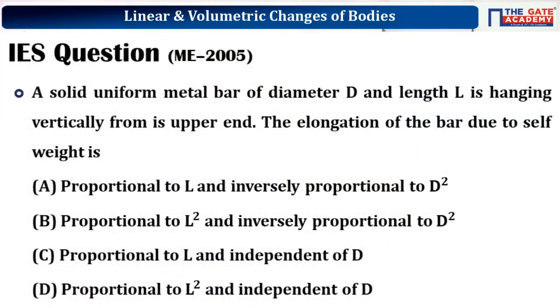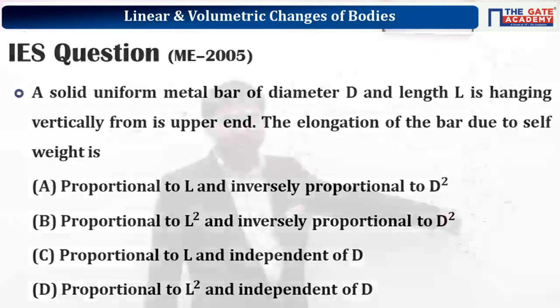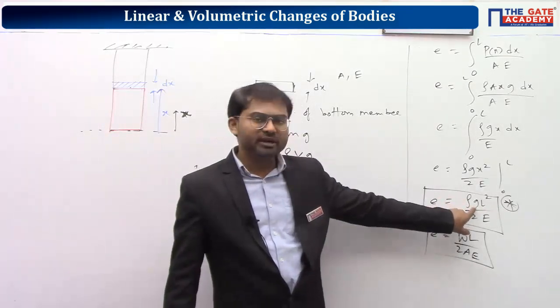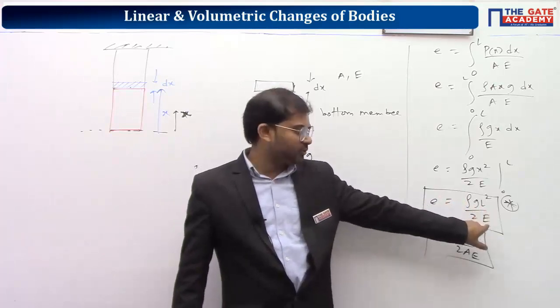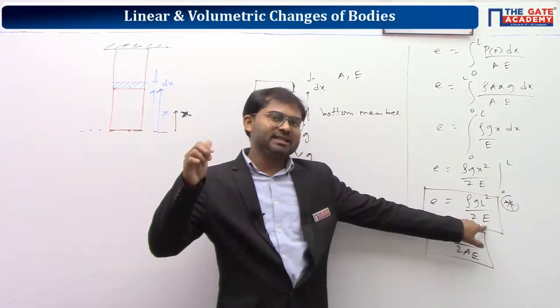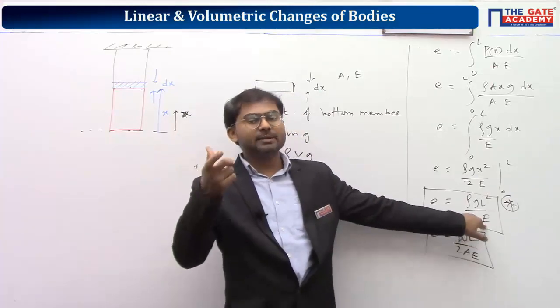Yeah, the correct answer is D, because it is according to this expression. We should not give according to this expression because we have independent variables here. Rho is independent of everything, g is an independent value, length is an independent value, Young's modulus is an independent value. Volume depends upon density and mass. Density is an independent value there.